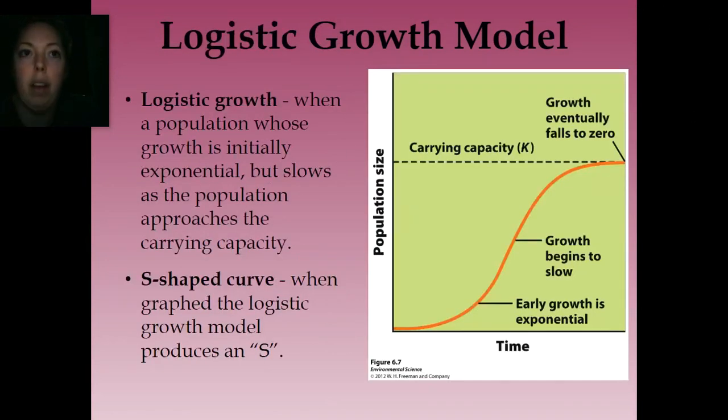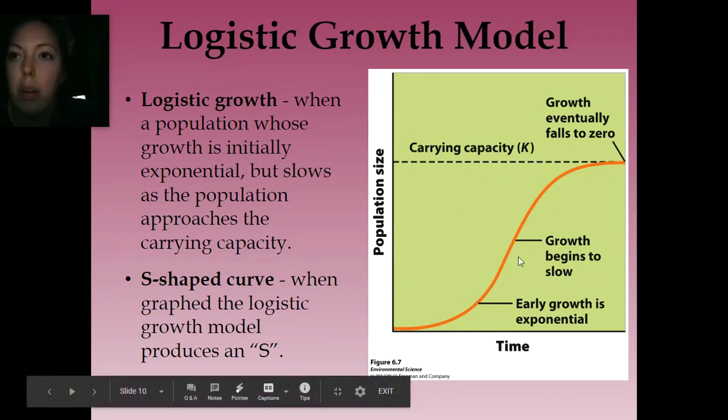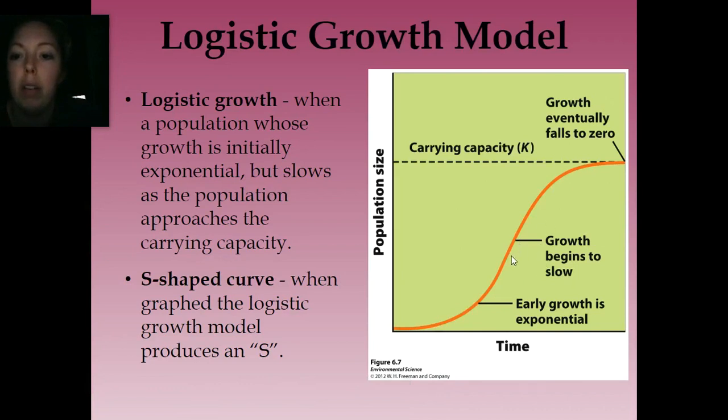It's called the logistic growth model. Ecologists have modified the exponential growth model to incorporate these environmental limits on population growth, which include limiting resources and stuff like that. So the logistic growth model describes a population whose growth is initially exponential. You can see right here, kind of the J shape, but it slows as the population approaches the carrying capacity